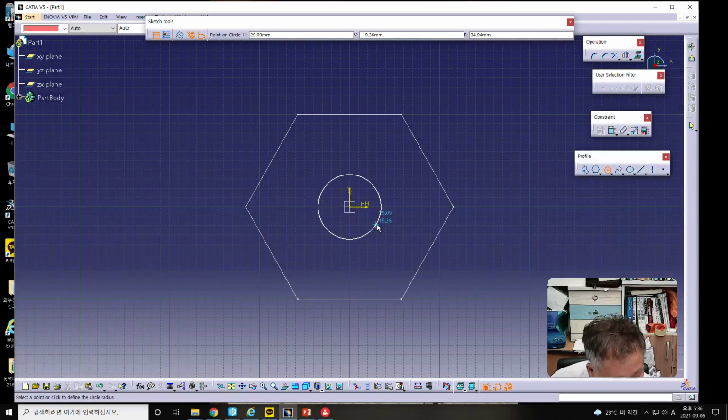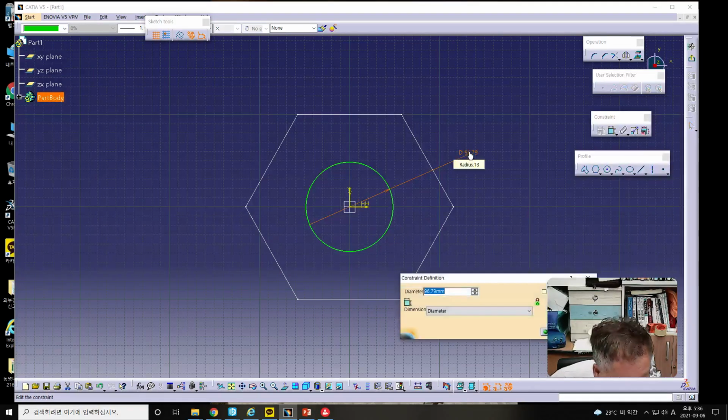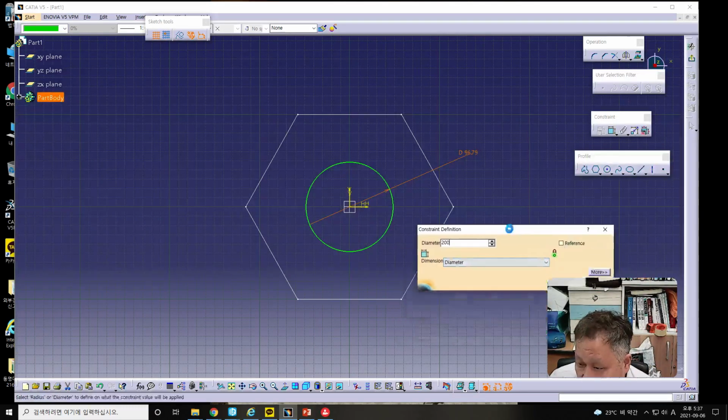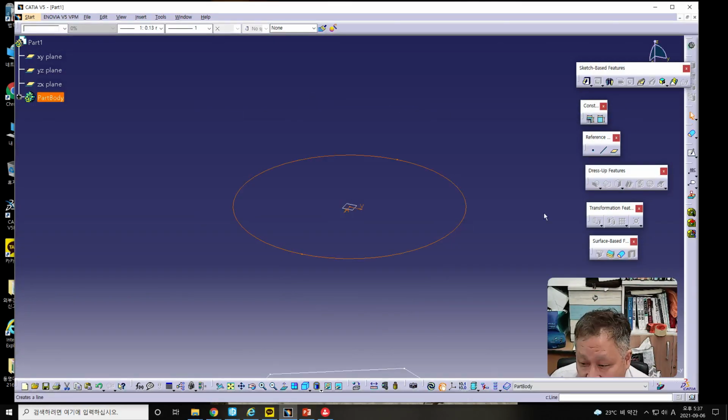Therefore, this is made, and by using the constraint menu, the diameter should be 200 millimeter. Then the circle is generated from this operation, and the next one is to exit from the Sketch workbench, and